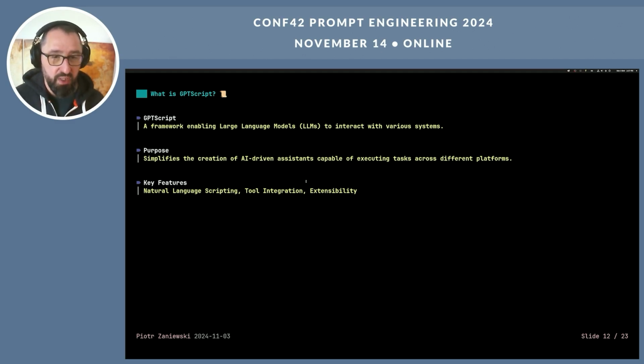GPT Script is really a framework and more like a system of tools that enables you to have more structure in how you're writing your prompts. So instead of just writing pure prompts, you're essentially writing like a scripting language for LLM with a very lightweight syntax and bringing the prompts in this way. So the purpose of this is really to simplify the creation of assistants. It's really like agentic type of workflows where you have various tools and you have various GPTs that are capable